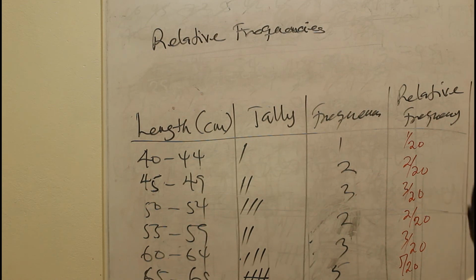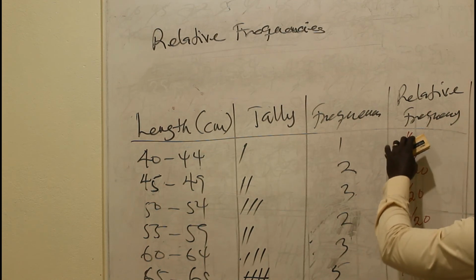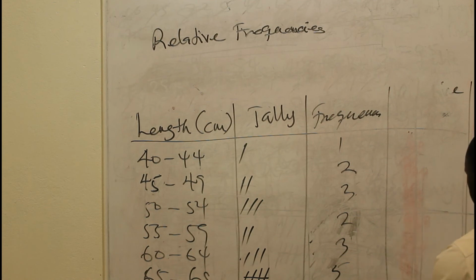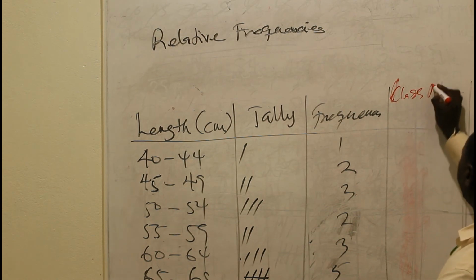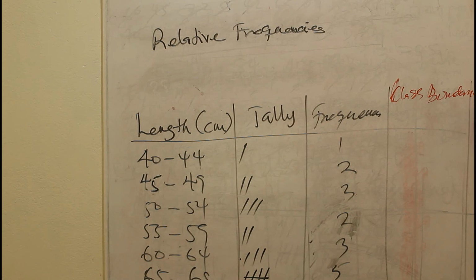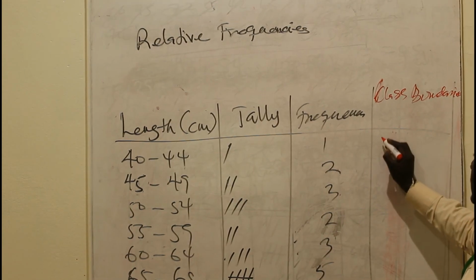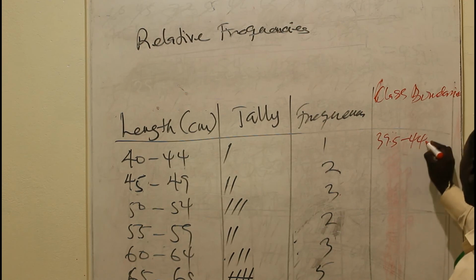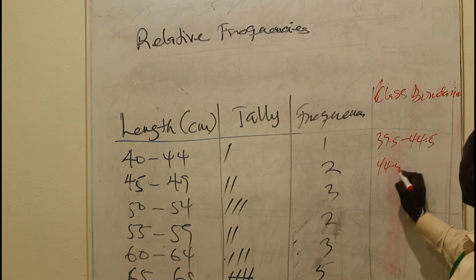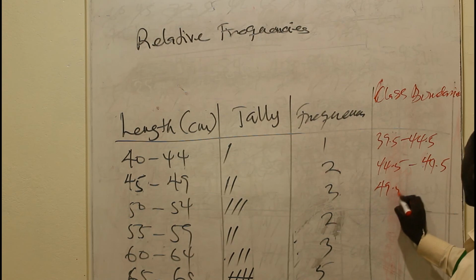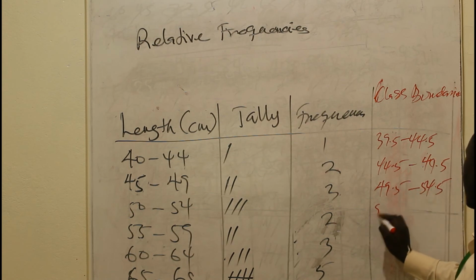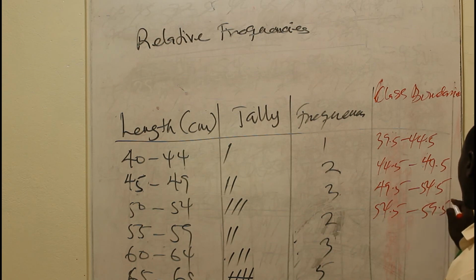Now we had the class boundaries, and if we had the class boundaries, we can also use them to calculate what we call the class size. So let me quickly write down the class boundaries and then use them to calculate the class size. We said we have 39.5 to 44.5, 44.5 to 49.5, 49.5 to 54.5, 54.5 to 59.5, then